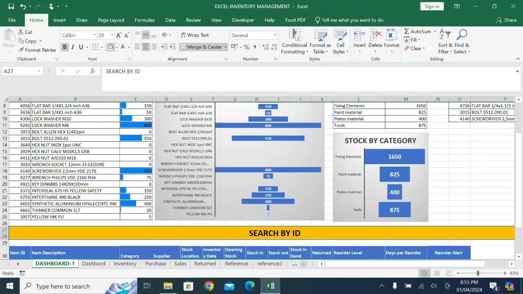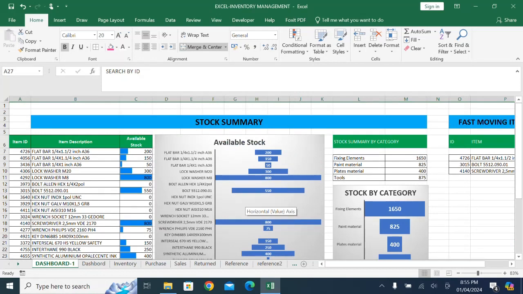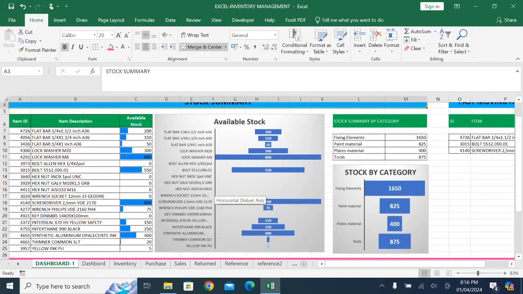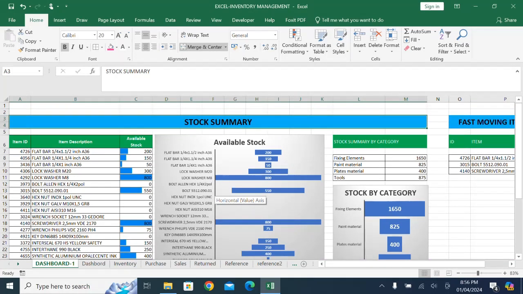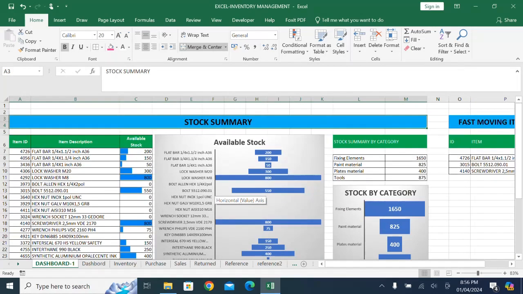Then you can just change the color if you want. Let's say I select this color. Okay. Now what we need to do, we do merge and center. And colors and all, you can choose what you want exactly. Then everything is set now. Then what we need to do, we have to give the link into the